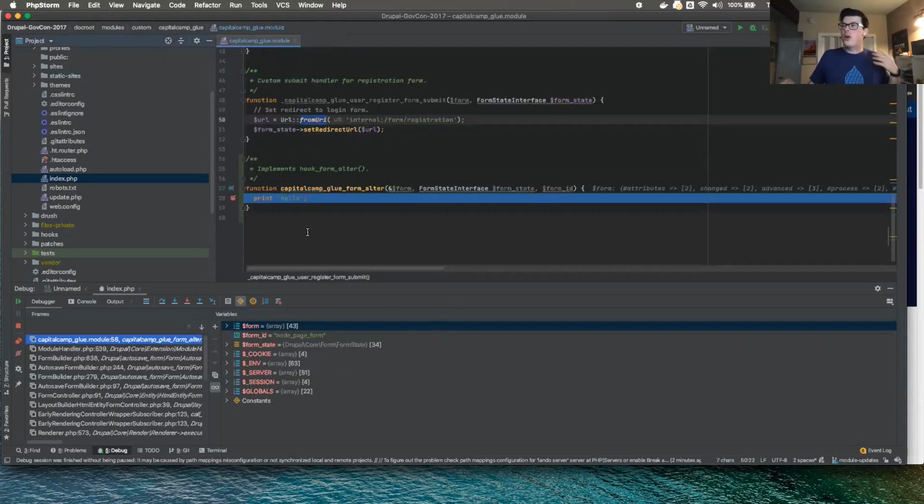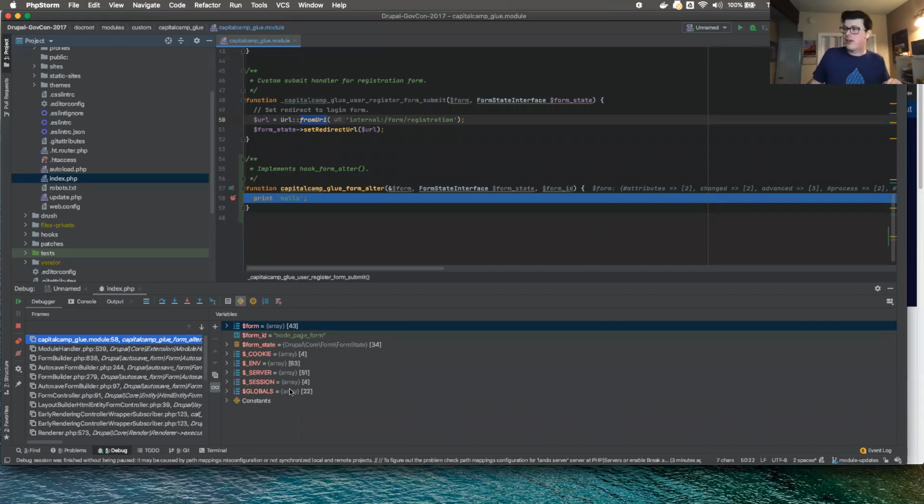But the bottom line is, with the debugger, if you're having problems, if for some reason something's fatal erroring and it's telling you we're fatal erroring on line 58, you can go put a breakpoint in on like line 55 and you can step through bit by bit by bit. And this application is not going to fatal error until we sort of step down and get to that point.